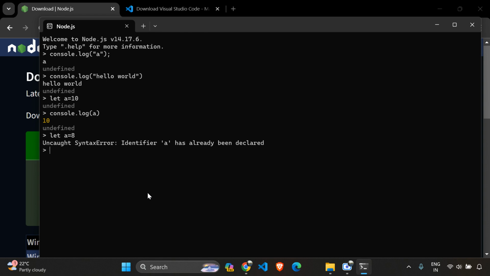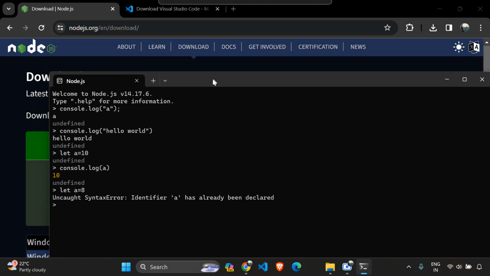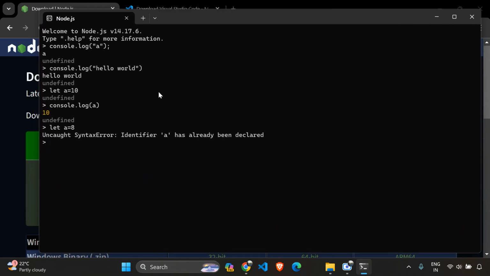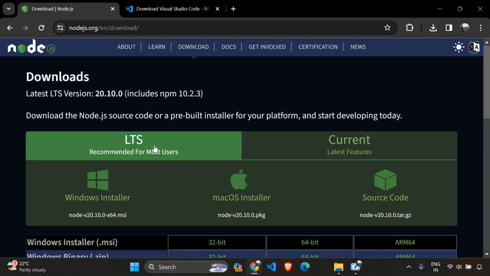Okay, you can see it can also show the errors, and it can be used in a similar way to how we use the particular IDE. But again, using this terminal is not recommended. You can use it only for the purpose of testing your Node.js code. Okay, so yes, you can do coding over here also. So let me just come out of this one, and again, as I had said, document.getElementById, you cannot do that over there.